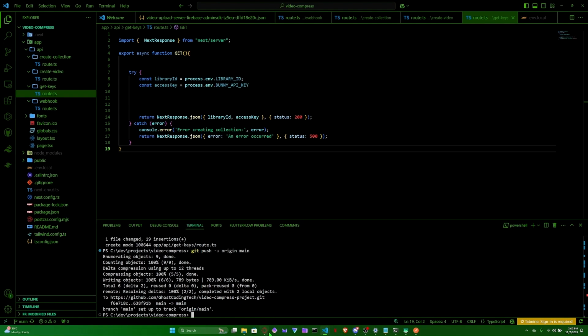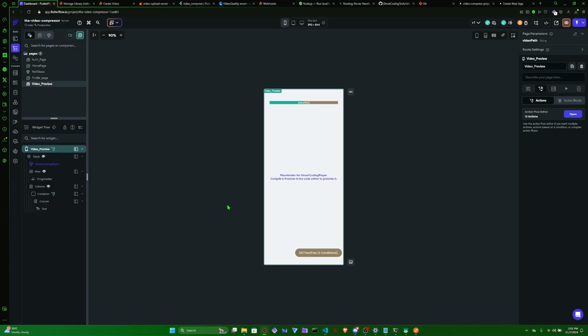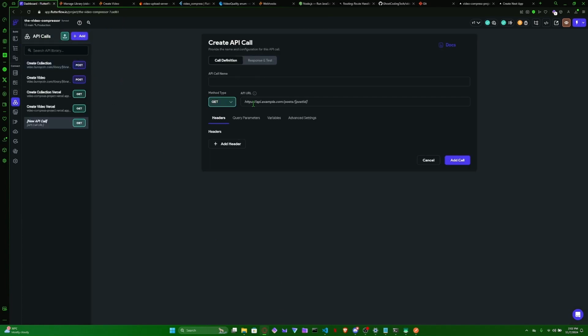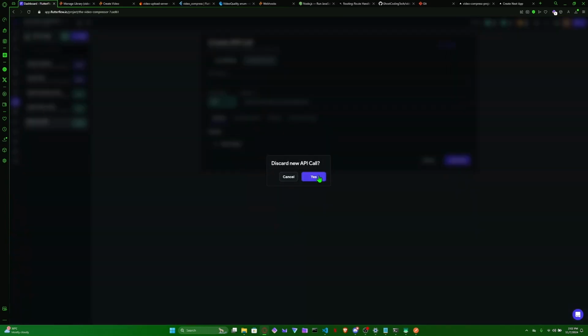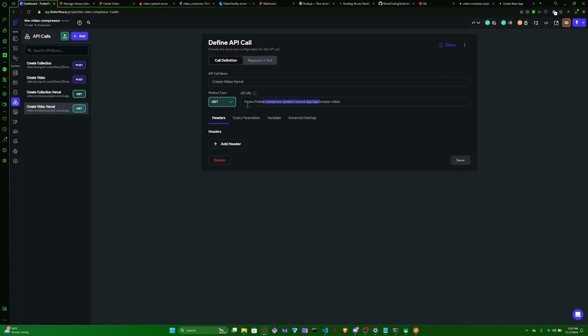So now we can head back to our FlutterFlow application. Go here, add a new call, create API call. It will be get. Let's just grab this entire Vercel API here. That's all we need. So add API call, paste, get keys, and these API keys. Remember that you can store these API keys as encrypted, and the user needs to still have a unique decryption key on their side in order to decrypt the keys, so that the keys aren't